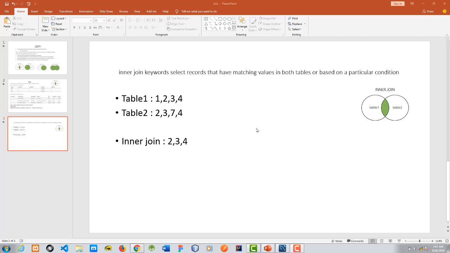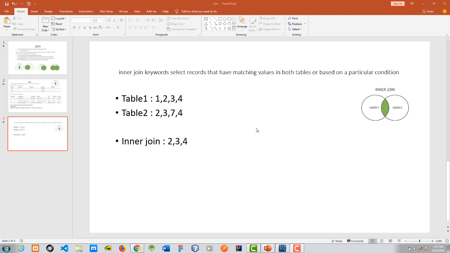Good morning. In this lecture, I want to shed more light on inner join, what inner join is all about, and the main function of inner join. When we are talking about inner join in MySQL, inner join is a keyword used to select a particular value that matches. For instance, if you have two or more tables and you want to select a value that matches,